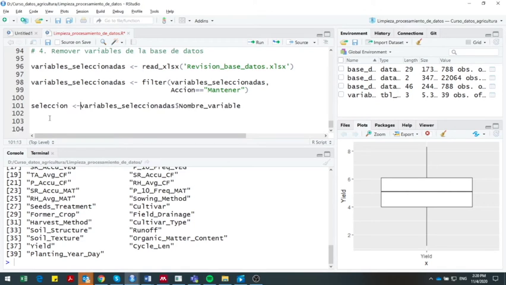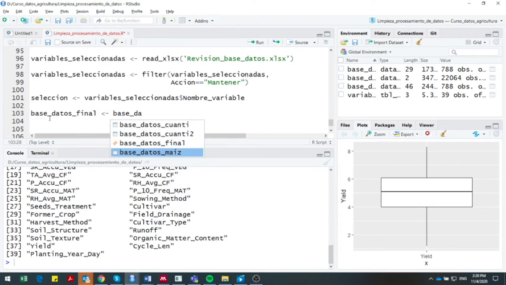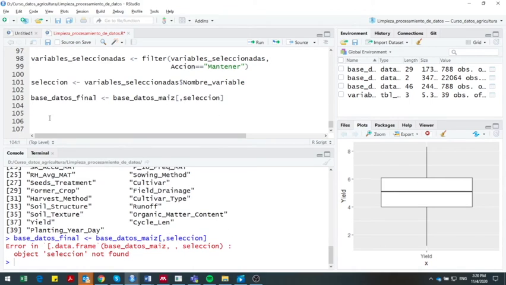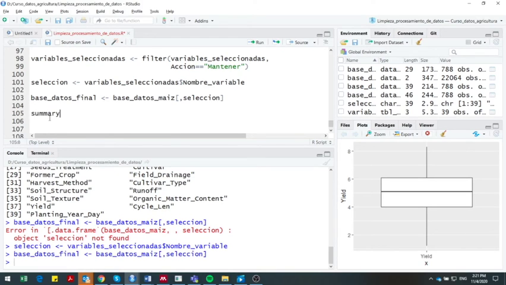So I'm going to use the selection to store, selección. And I can also write here the final database, base de datos final, where I'm going to indicate that the maize database that we have been processing will only extract the selection columns. No, apparently I didn't include this row. There it is. So let's do a summary